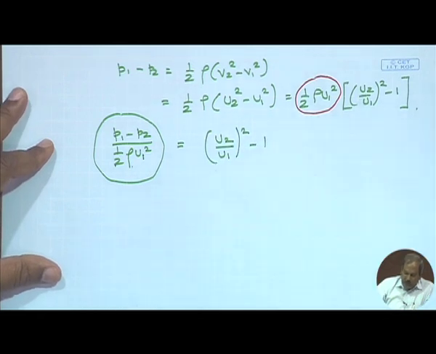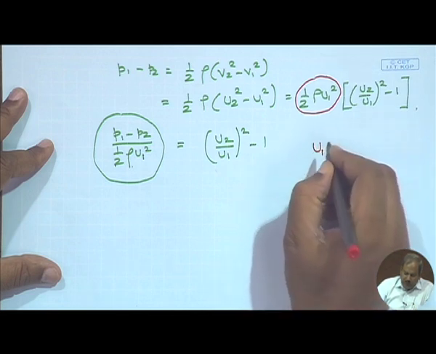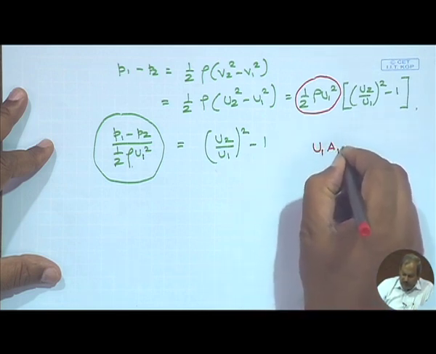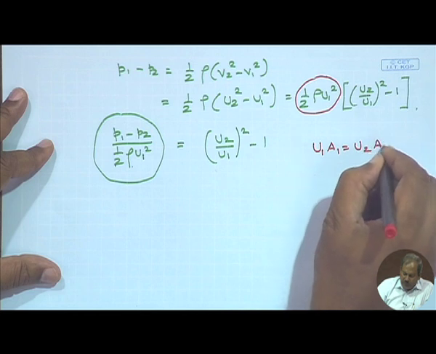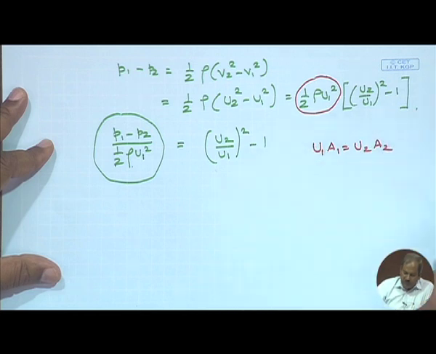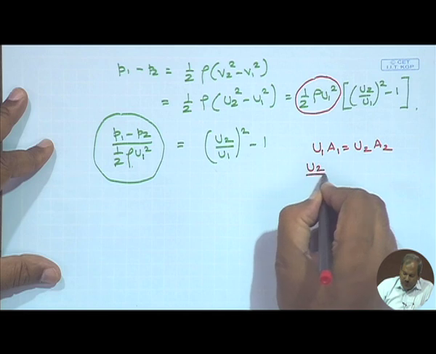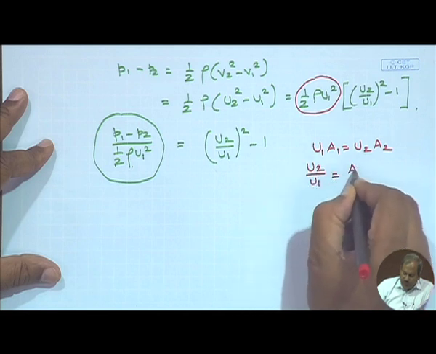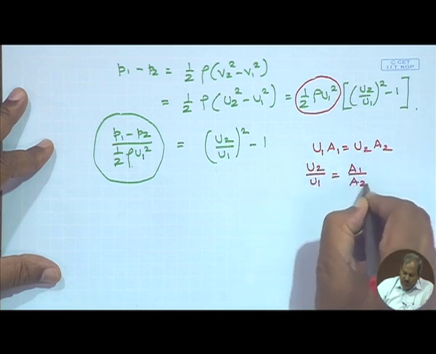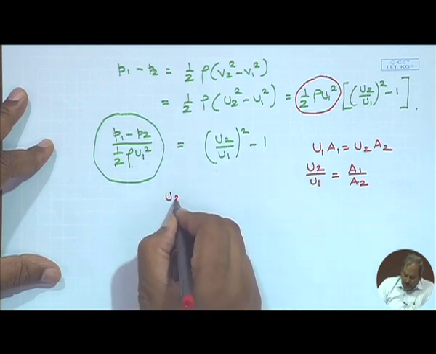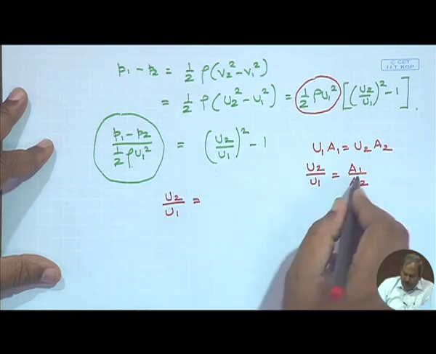And from equation of continuity, we also know that U1 A1 must be equal to U2 A2. Rho's are the same at every point. So therefore U2 by U1 would simply be equal to A1 by A2, and the trick comes in